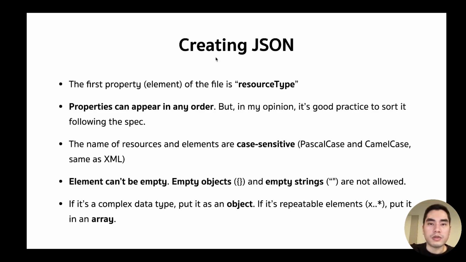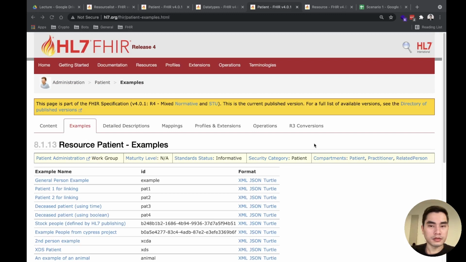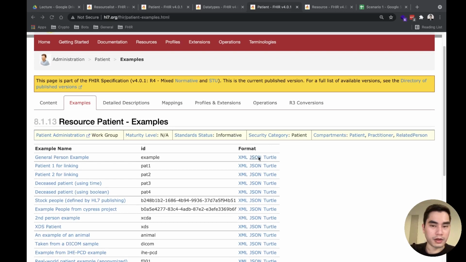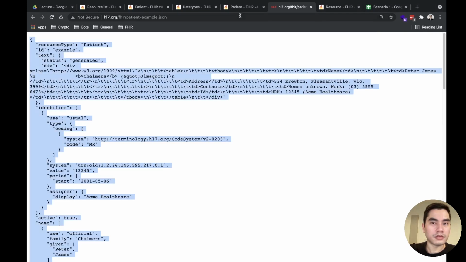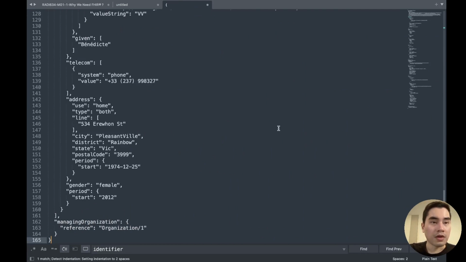And if you want to create the JSON instead, it will be slightly different from XML. The first property, the first element, is the resource type. Maybe you can start from the example, and I will copy it here, and then I will paste it here as JSON.